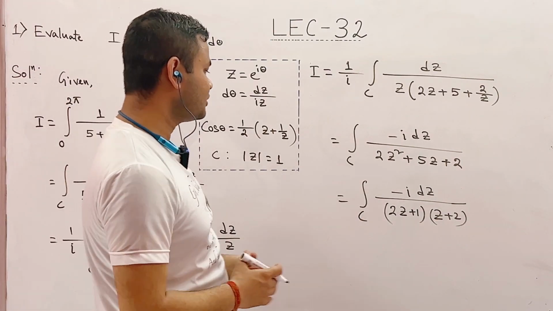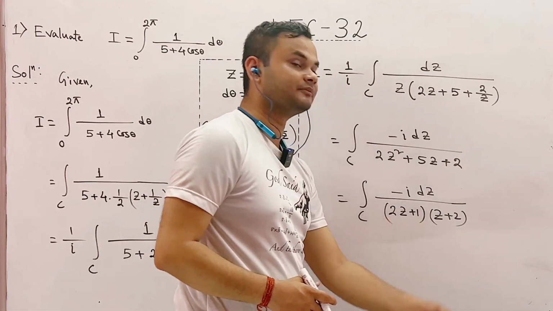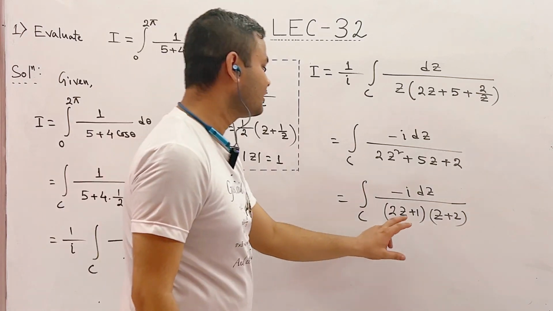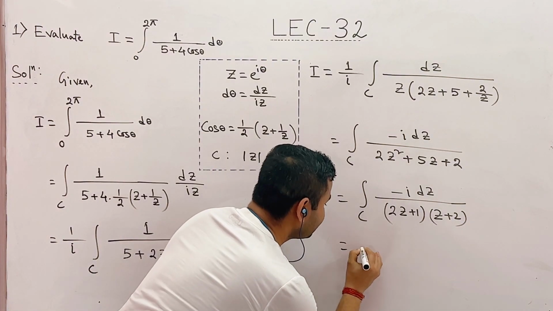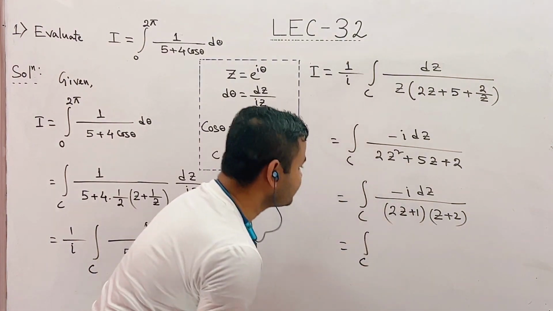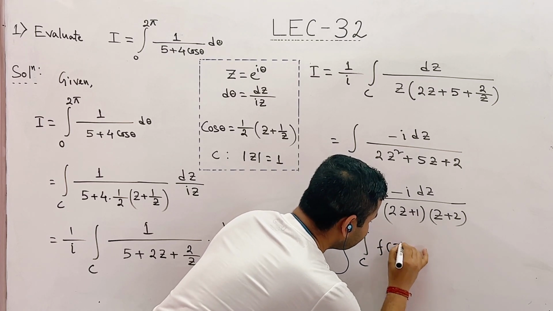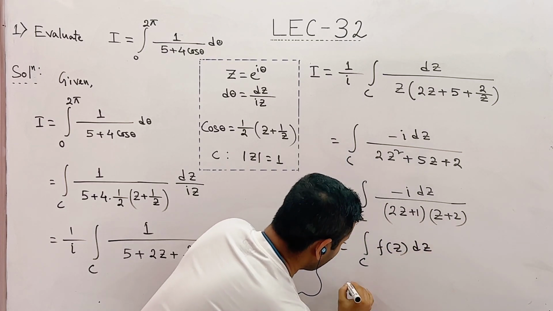Here we have seen that we get an integral in terms of z only. So, therefore, this integral can be written as integration along curve C of f(z) dz, where